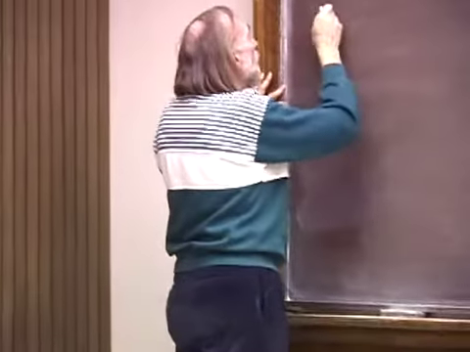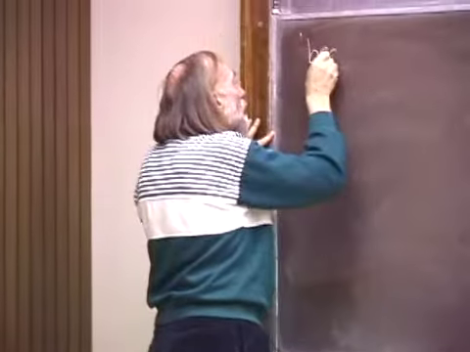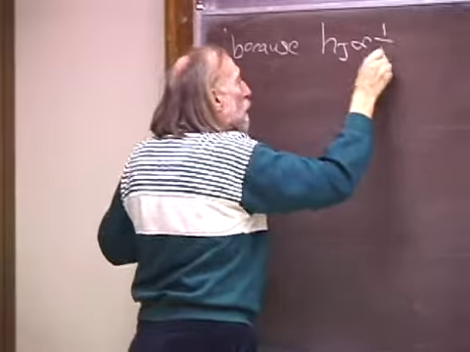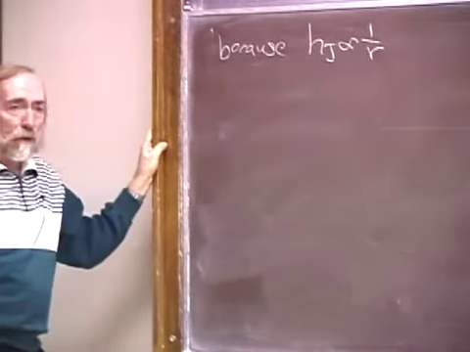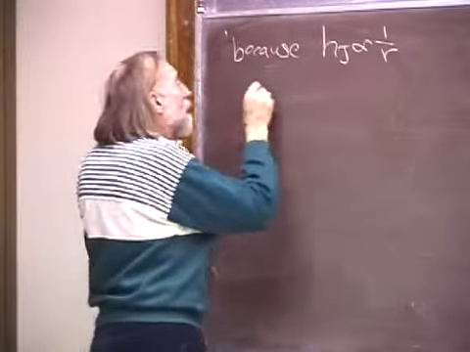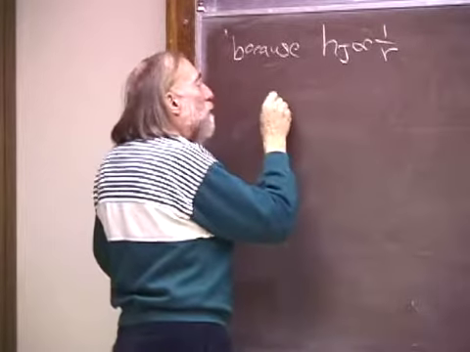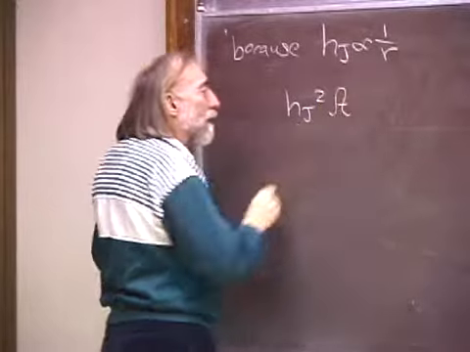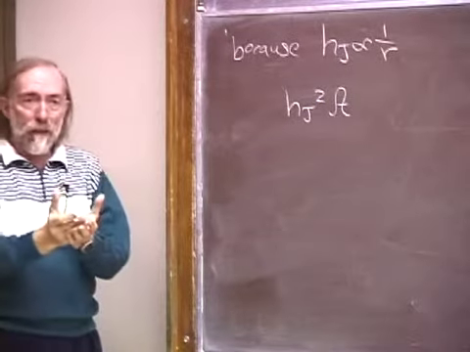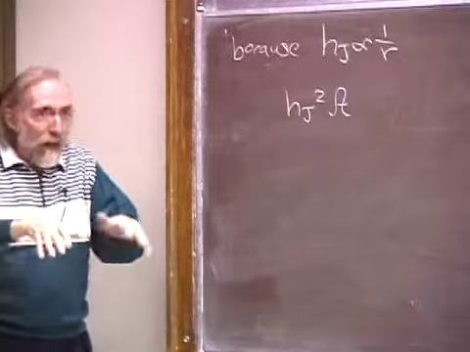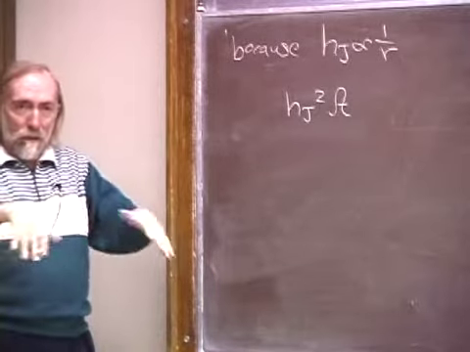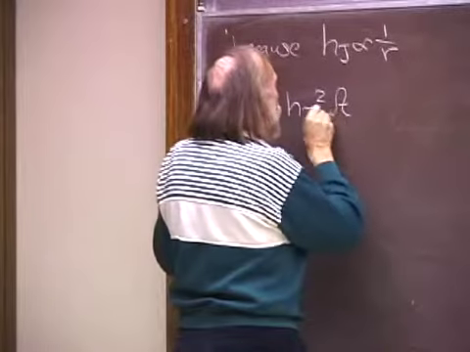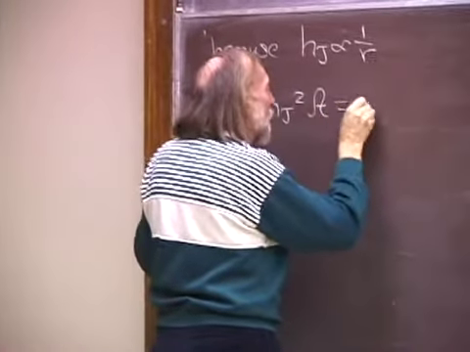Because Hj goes as 1 over the radius of curvature of the phase fronts in a local Lorentz frame, correspondingly, Hj squared times the cross-sectional area of the bundle of gravitons that are moving along that direction, sitting in the surface of constant phase and moving along the orthogonal direction, Hj squared times the cross-sectional area is a constant